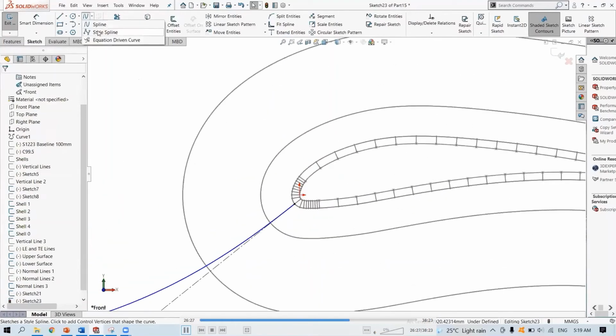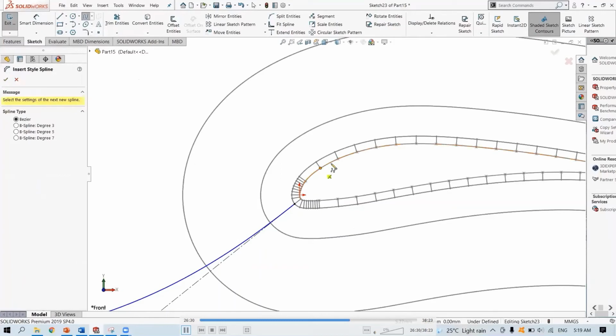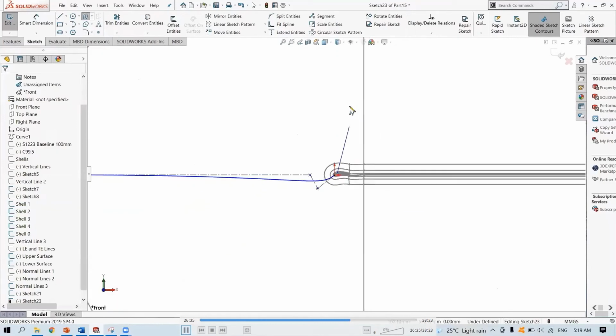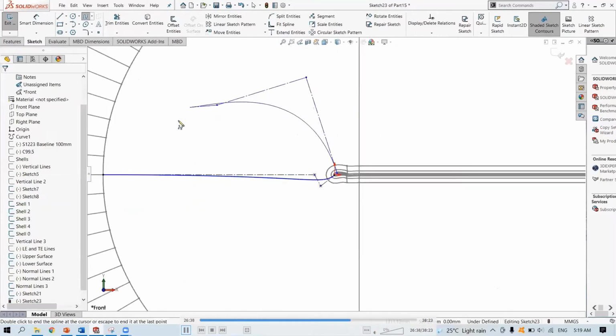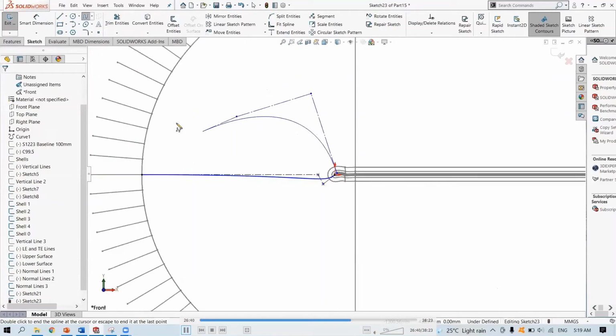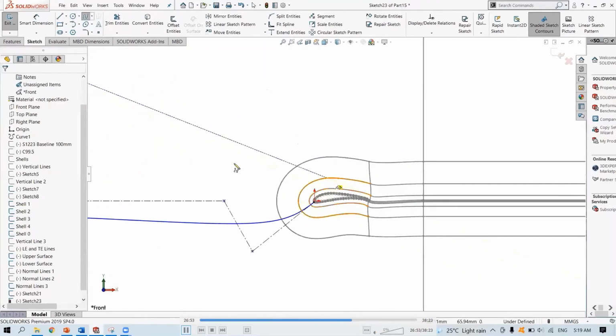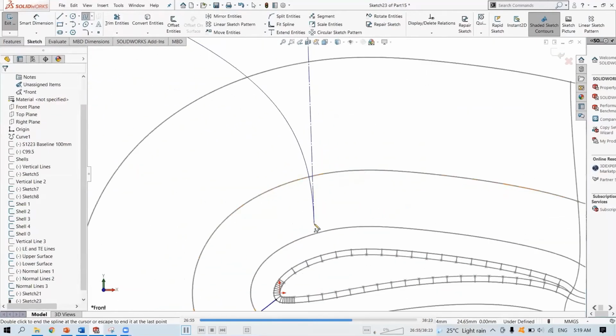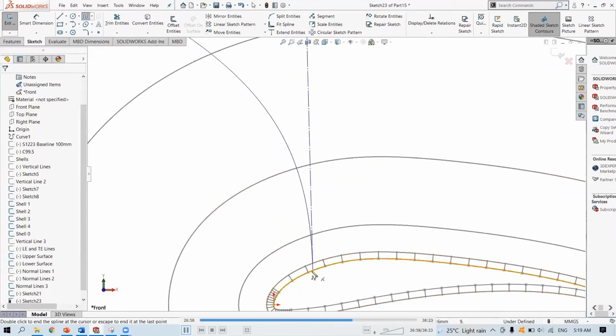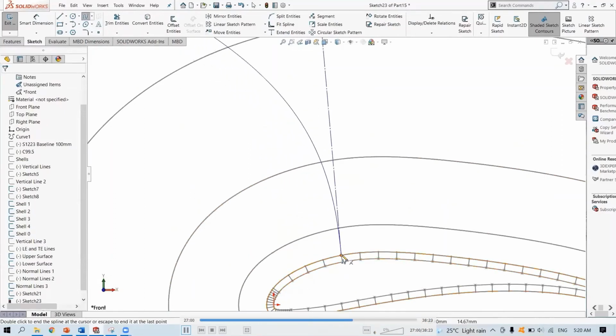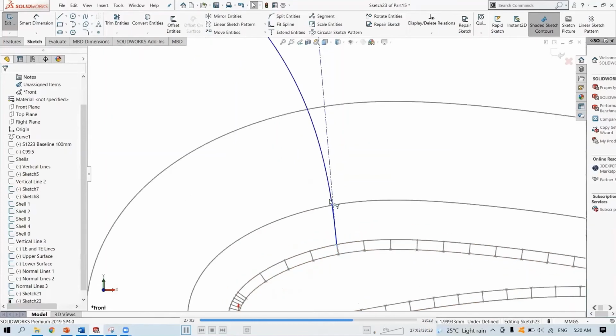You draw another style spine, starting from the first shell. Oh, sorry. 1, 2, 3, 4, 5. Okay. 1, 2, 3, 4, 5. Yeah. Okay. Sorry for that.